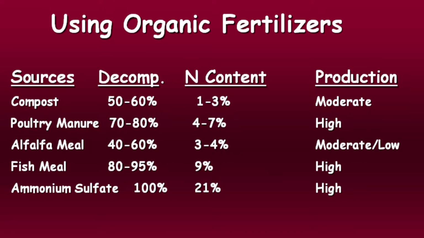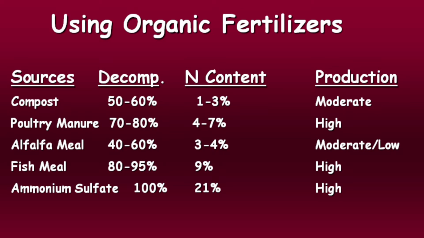Okay, sources. We've already had a few of these. Production of nutrients from each of these. Compost has a moderate amount. That means it decomposes at kind of a moderate rate. Most compost that most people use is not really what we call cured compost. It's still in the process of decomposition, so there's still a lot of decomposing going on and nutrients being released and tied up. So it's a pretty interesting idea.